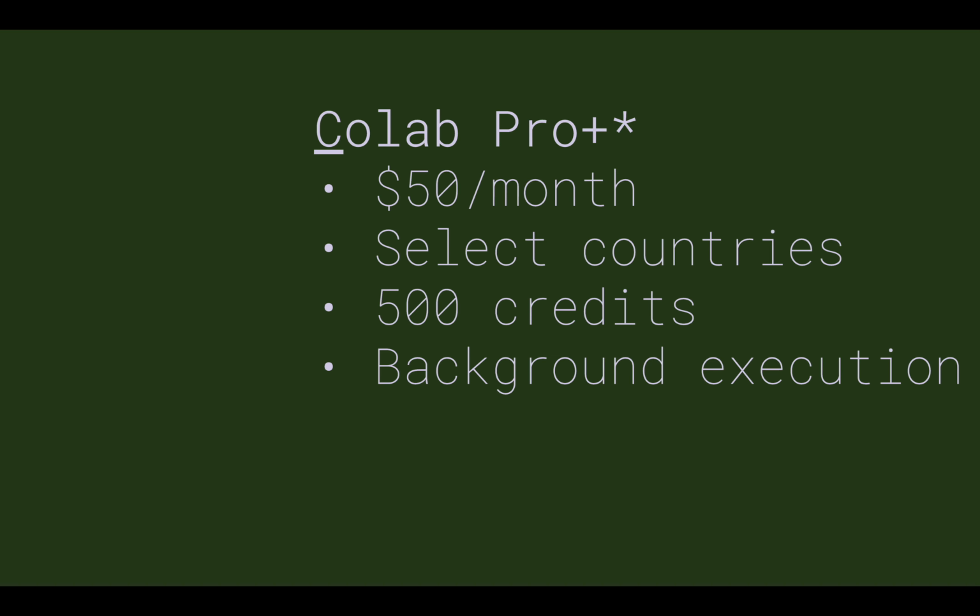You can always upgrade or downgrade, and Colab will prorate that. So let's say you start and you're like, I have big plans, and you start paying $50 a month, and then halfway through class, you're like, honestly, I'm not using it that much. Maybe I won't really need the $50. You can downgrade to 10, and it's fairly easy. It's all done through the Colab interface. So maybe start at Pro and see how much you use it.